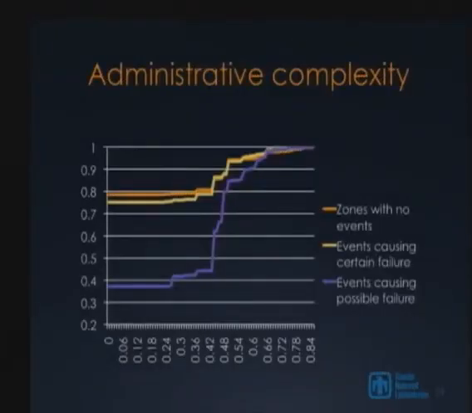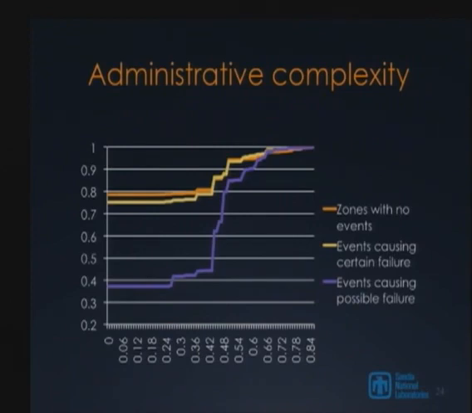If we look at administrator complexity mapped with the types of errors they were getting, this is actually what we expected to see. If you look at the line on the very top, that represents zones where we saw no non-zero failure potential, and that one's fairly high. 80% of zones with no events had a 0 administrative complexity, meaning all the administration was self-contained. Then there was a slightly lower number with 0 administrative complexity for those that had a certain failure,